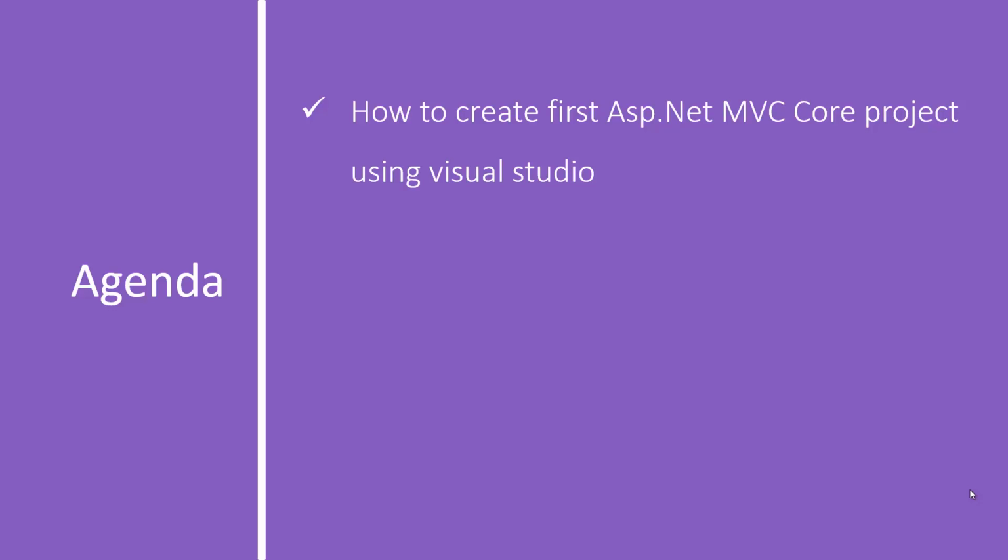.NET Core 3 is supported in at least Visual Studio 2019. So if you have any previous version of Visual Studio, then .NET Core 3 might not work on that Visual Studio. To work with .NET Core 3.0, you must have Visual Studio 2019, or you can use some other editors that we will see in the later part of this video.